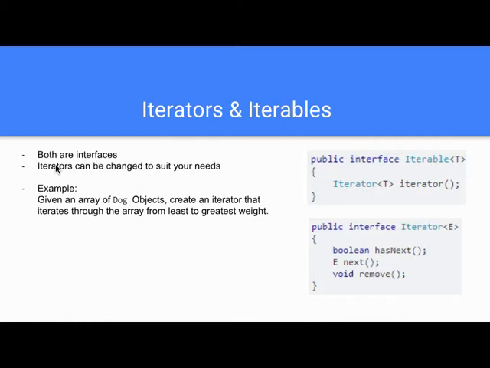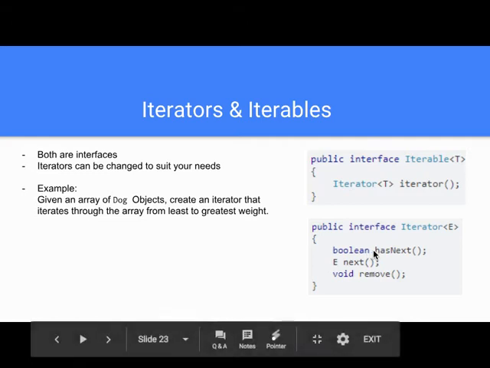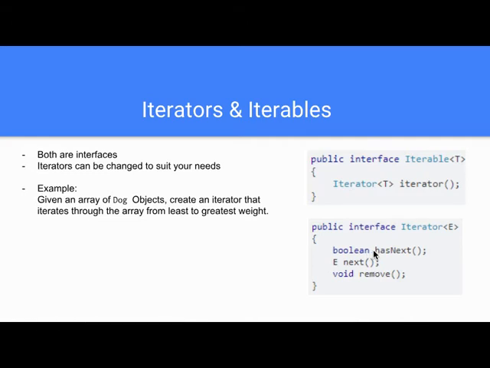Iterators specifically, this is a common testing point for questions. Just define this new iterator, for instance, where given an array of dog objects, create an iterator that iterates through the array of these dogs from least to greatest weight. Basically, a general gist of how you would implement this is you would make a class called like dog iterator, and then in the constructor, you would take in that array, you would do some kind of sorting with the weight, and then make a new array, set that as an instance variable, have your pointers, and then as long as there is a next in the array, which is basically a dog that you haven't spit out in the